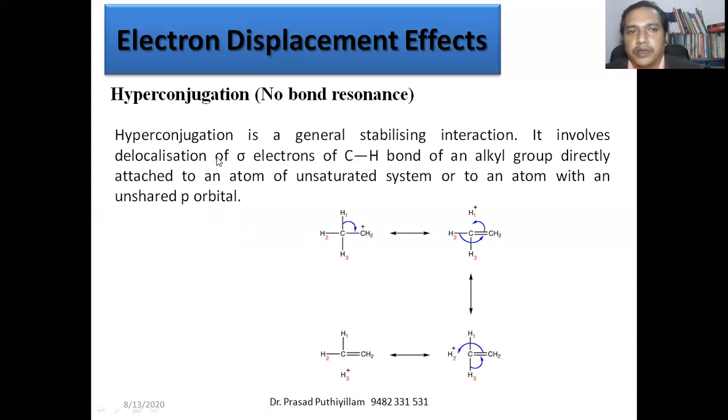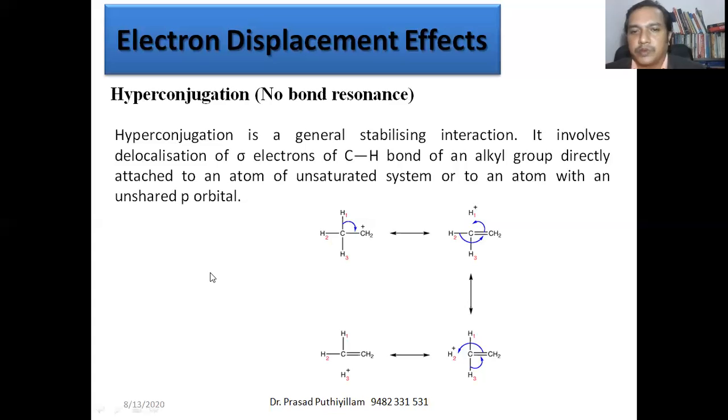Now the last electron displacement effect is hyperconjugation, which is also called no bond resonance, because while writing the different structures, we can see that there will be no bond between carbon and hydrogen. That is the word no bond resonance. So hyperconjugation is a general stabilization interaction. It involves delocalization of sigma electrons of a carbon-hydrogen bond of an alkyl group directly attached to an atom of an unsaturated system or an atom with an unshared